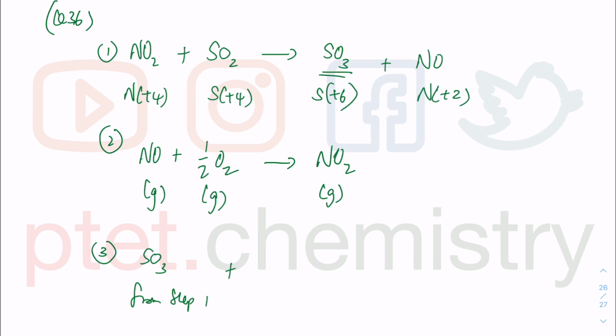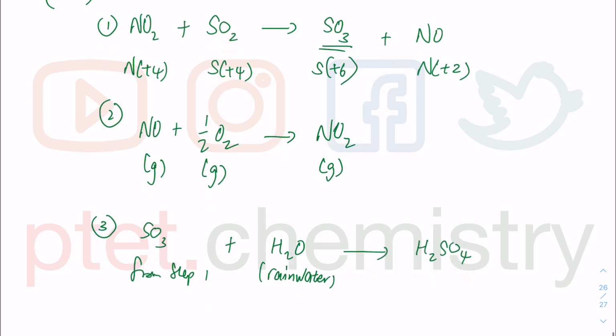The SO3 from that first step can react with the H2O of rainwater. So you have rainwater plus the SO3. You're going to get H2SO4. This is a classic redox reaction. Sulfur plus 6 is an exercise on oxidation number from your IGCSE or O-level chemistry, or even your AS level redox chemistry. So I can see that I can get H2SO4 as one of my acids, and I can also